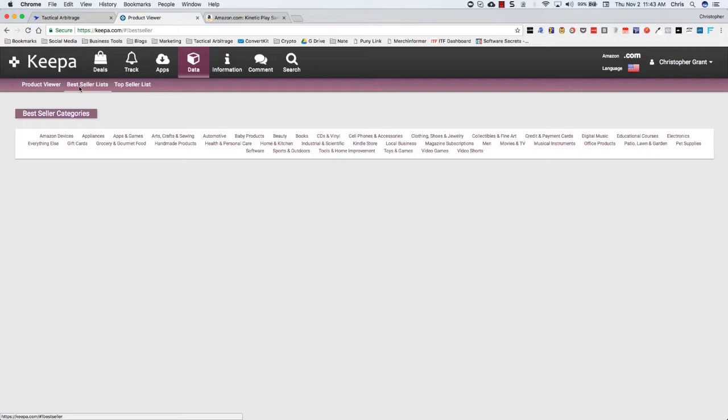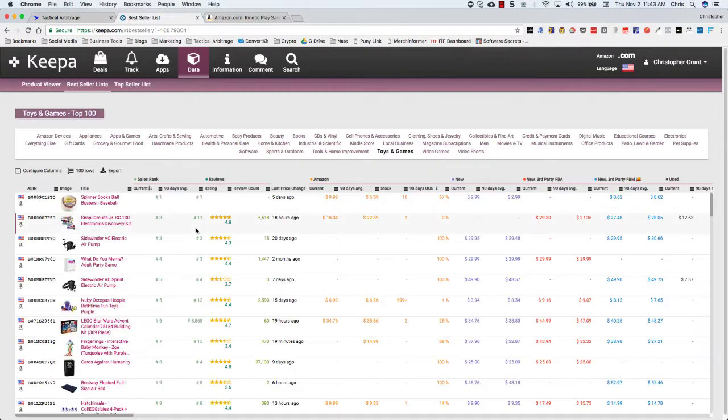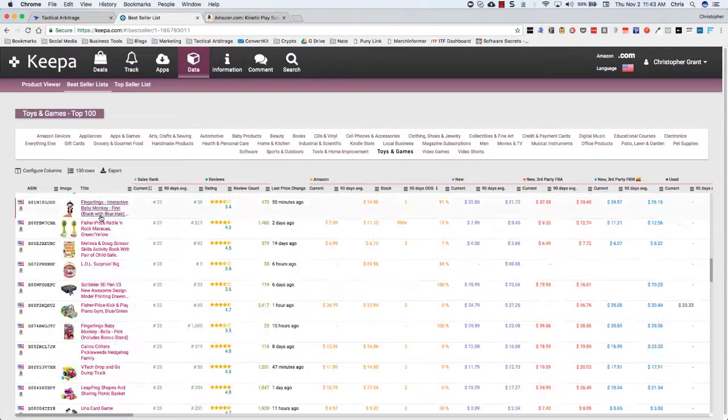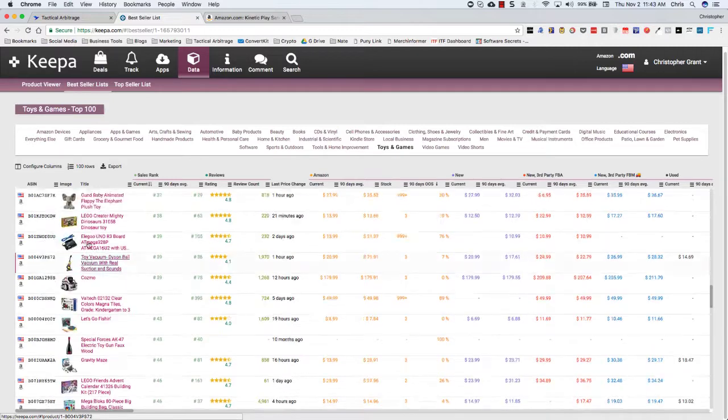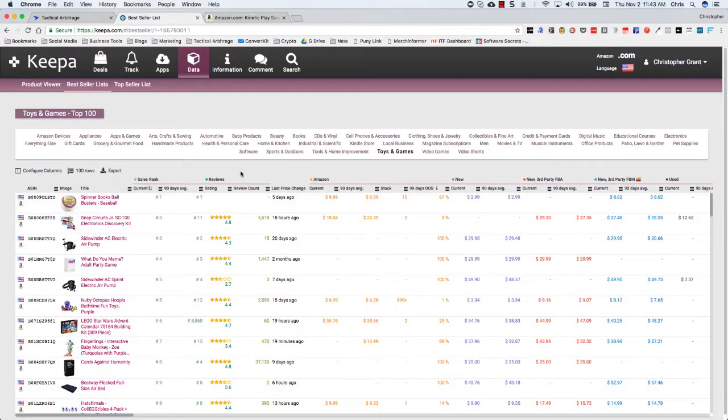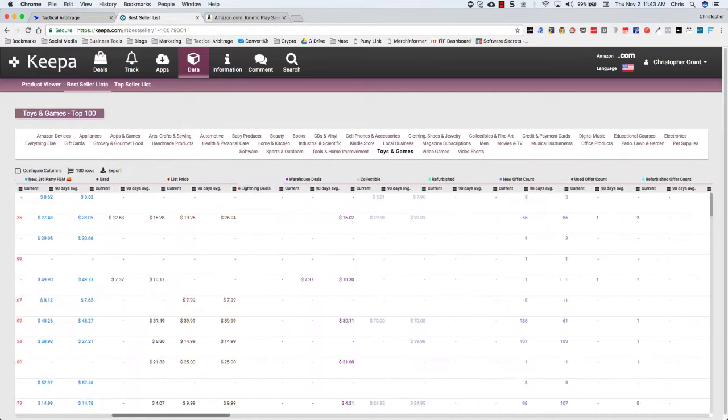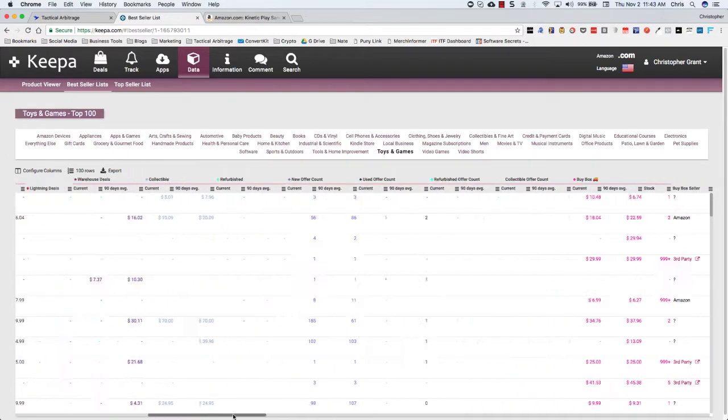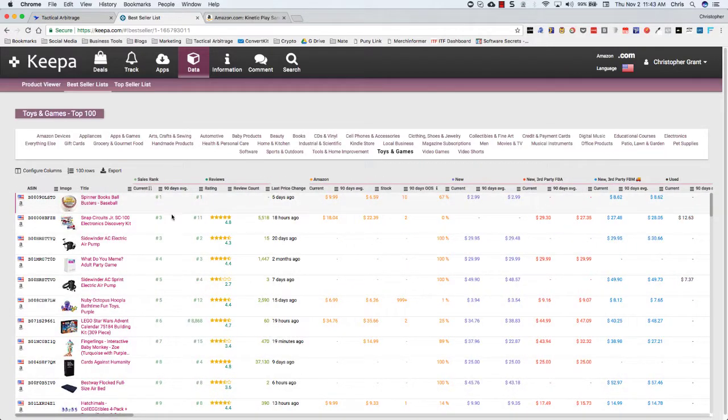Bestseller lists. This is a great place to find the top 100 bestsellers in a category. Now, I would imagine that this is going to go deeper as time goes on, but right now they have the top 100 sellers in each category. You can look at all of the data that I showed you in the previous screen. They pull a ton of data, and you're able to export this if you want. So if you wanted to export this on a daily basis to run it through Tactical Arbitrage, or if you want to use this to,